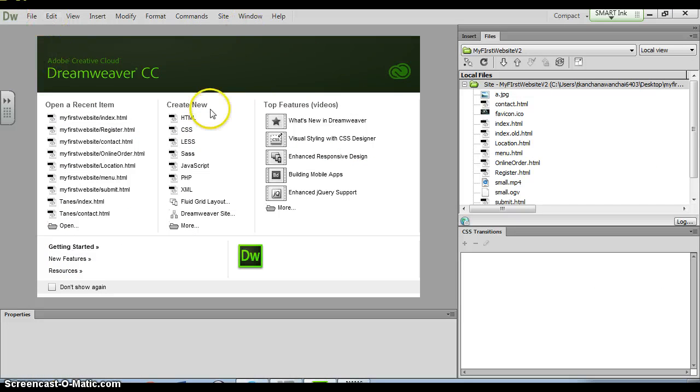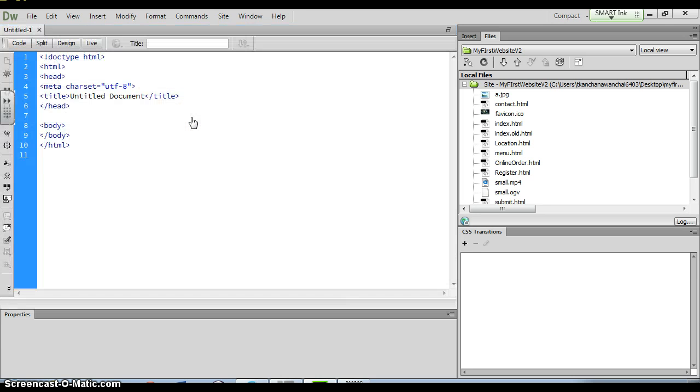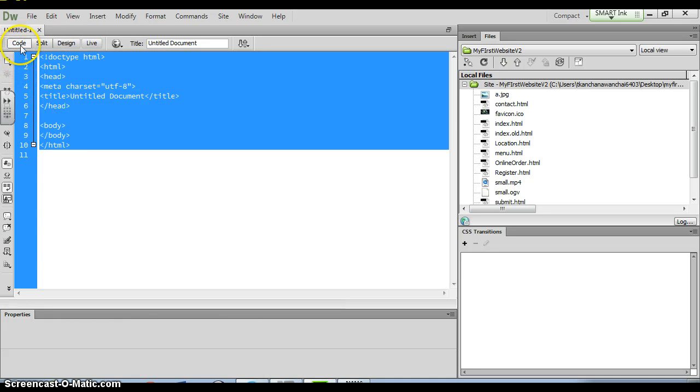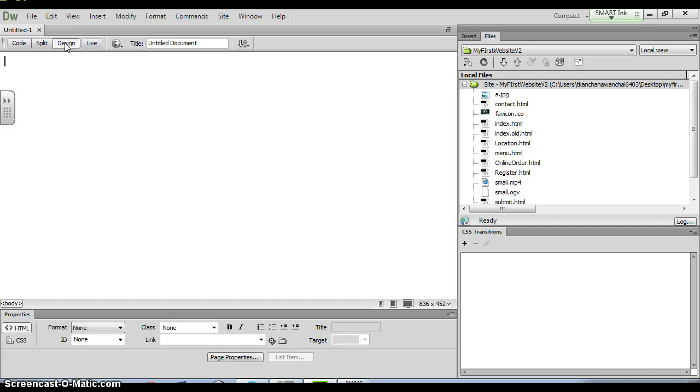Using Dreamweaver, this is a tool to create an HTML file, which is a file for a website or web page. So we're gonna create new HTML. Now, when you look at HTML on Dreamweaver, this is a code for HTML. We see the code. You can do design. Like this is what it's gonna look like on the page. Like if I say hello